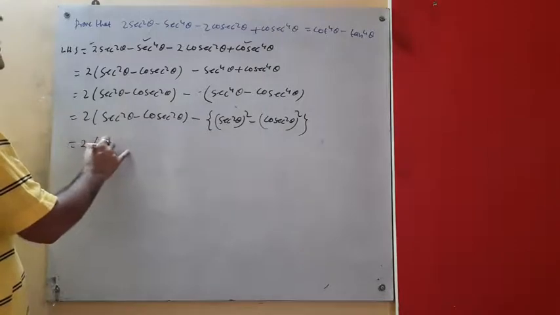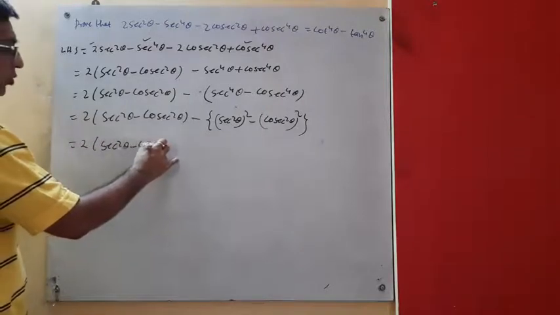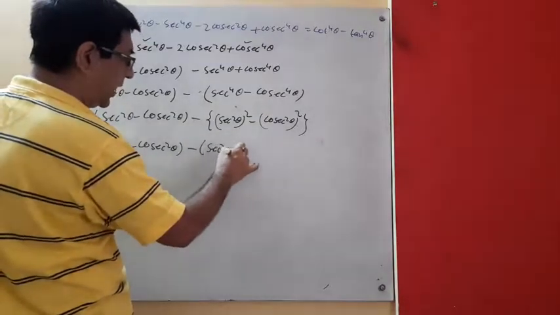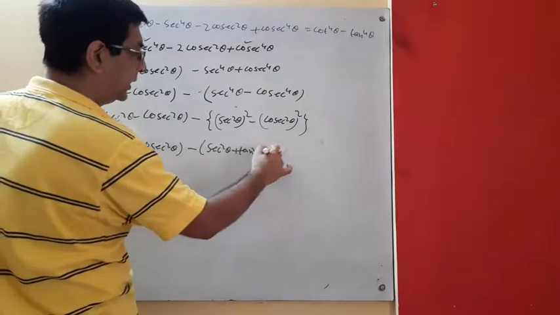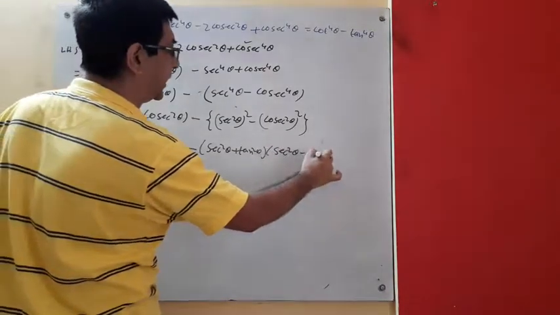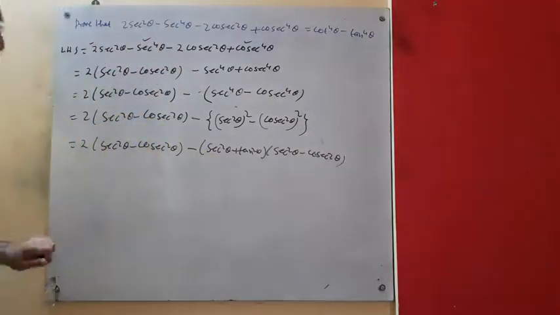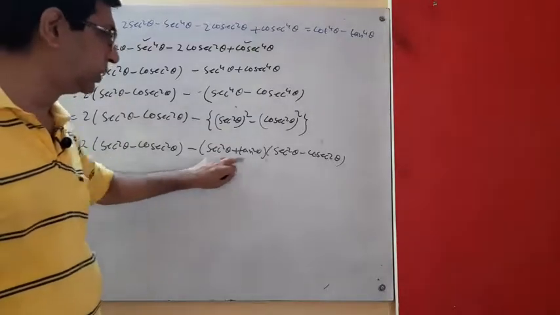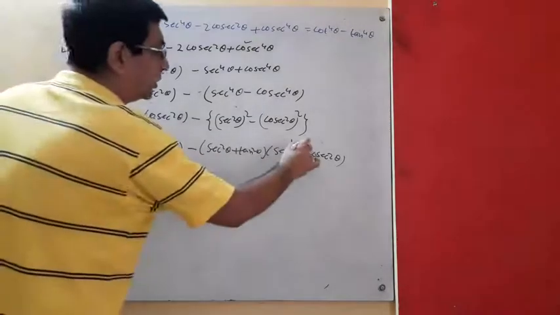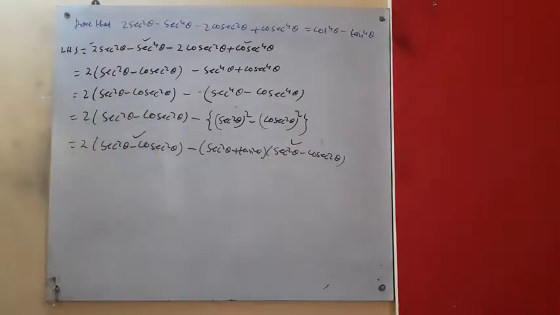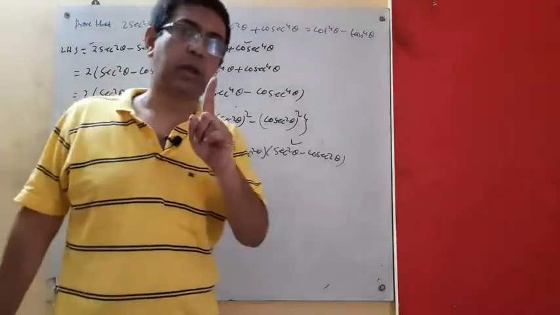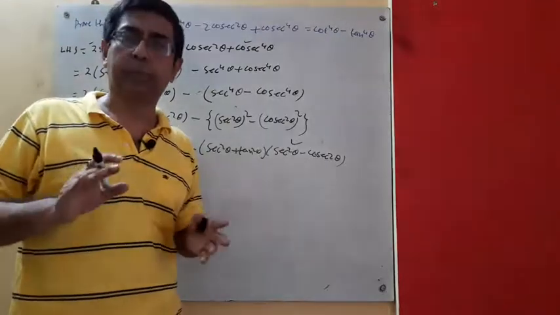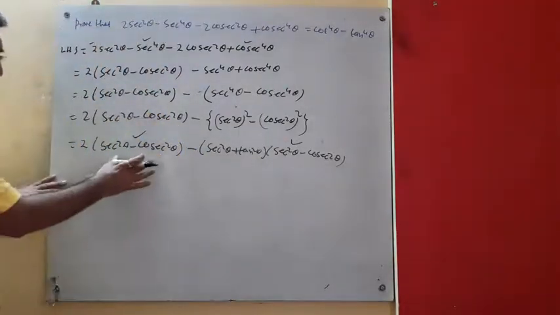Now we are coming to a point. Sec square theta minus cosec square theta. This is a square minus b square. So we know that a plus b into a minus b. But look, there is no relation between this one and this one, but ultimately we can take this one common. Grouping of terms. See the video Grouping of Terms in Factorization 2 by Moinak Mukherjee. There I have already discussed what grouping of terms is in case of factorization. Now we can take this. This is grouping of terms.